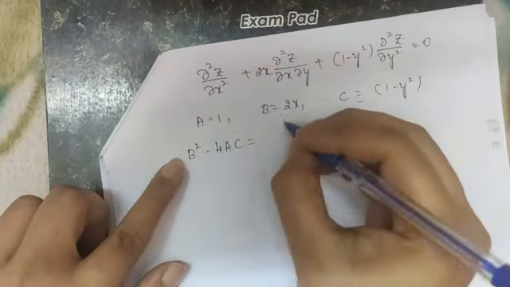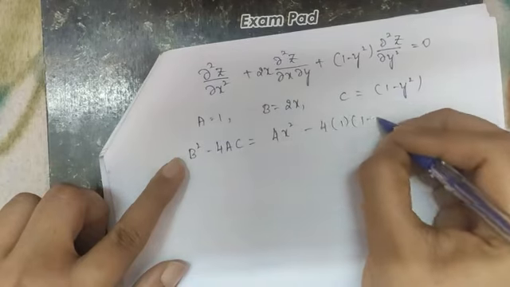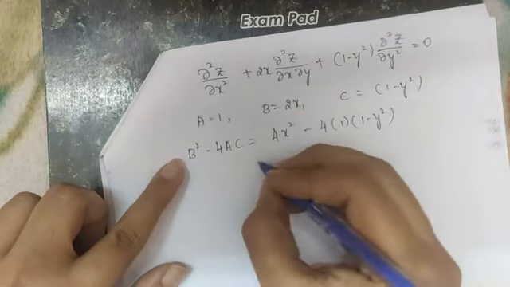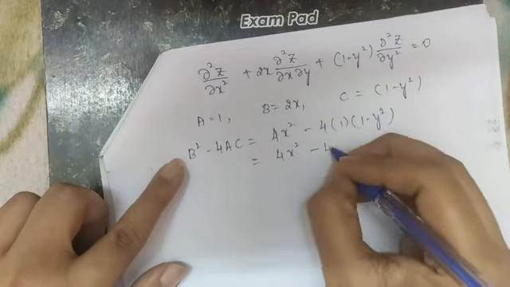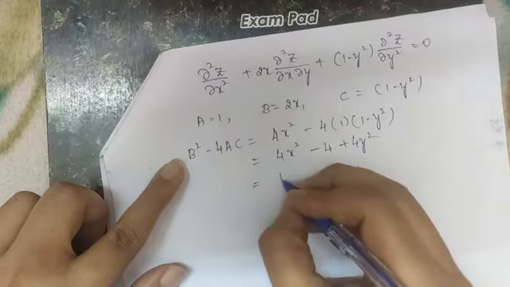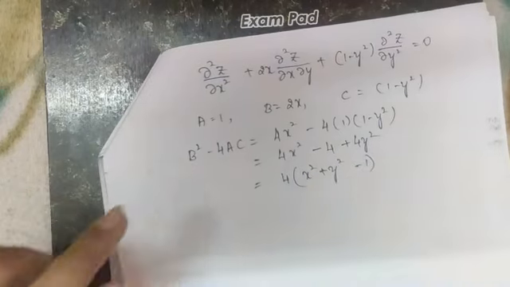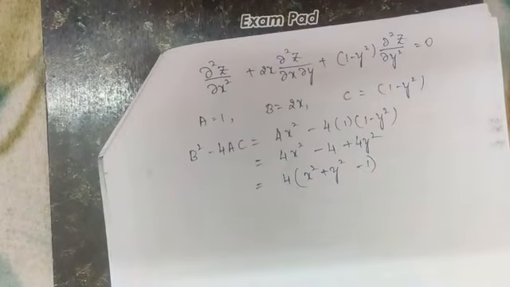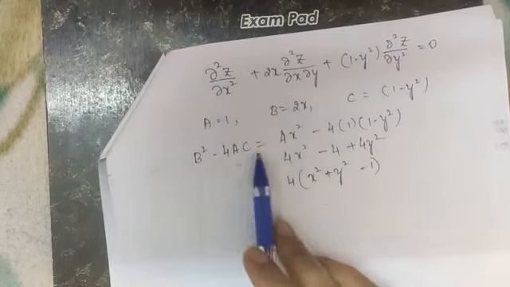b² is 4x² − 4 × 1 × (1 − y²). We can rewrite this as 4x² − 4 + 4y². That is nothing but 4(x² + y² − 1). This is nothing but the value of b² − 4ac. So now we have to prove that this